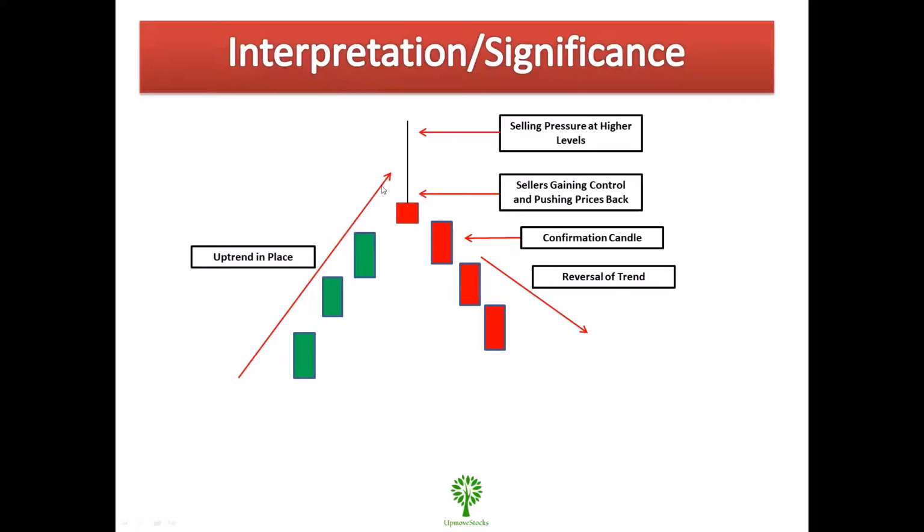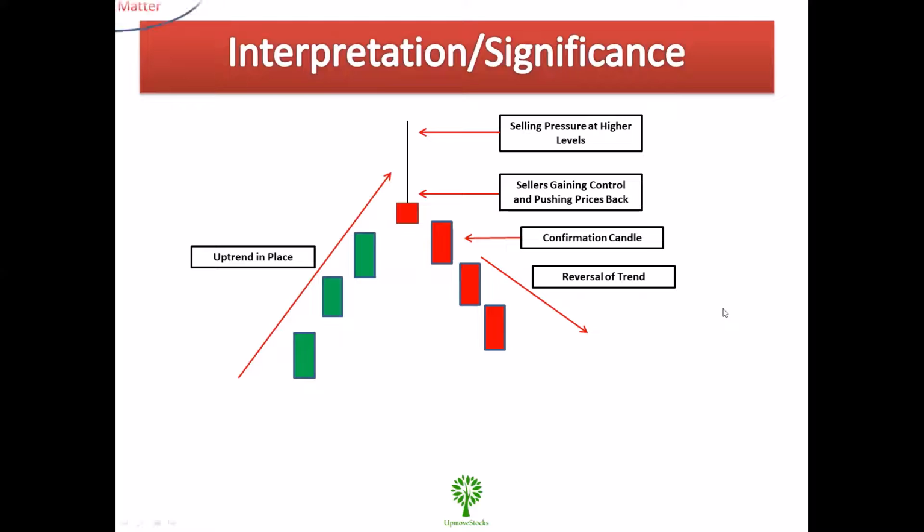However, can we trade simply on the basis of this candle? No, you need a confirmation candle which should close below the close of the shooting star candle. And once you have obtained this confirmation candle, you can take some trades on the assumption that there may be a reversal of trend from uptrend to downtrend in that particular stock or index. So we hope that this much information is clear to you. In case it is still not clear, you can post any comment in the queries section.